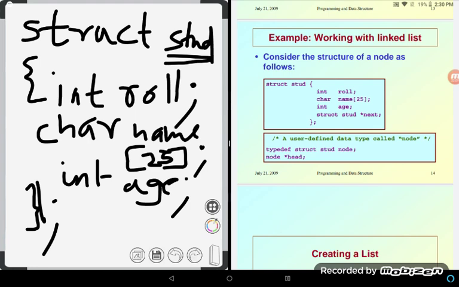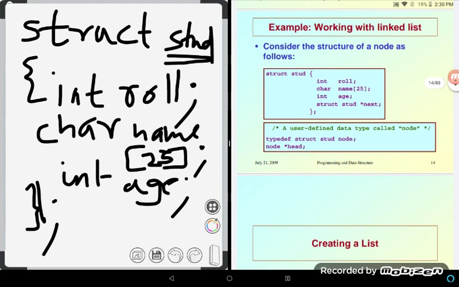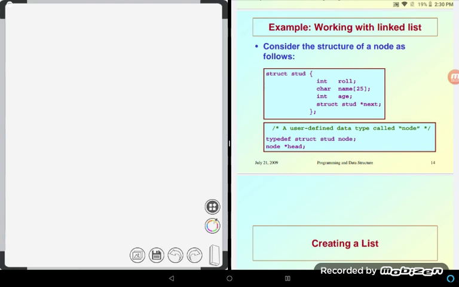And on the right hand side you can see the same thing: int roll number, char name and int age. What difference are you seeing? You are seeing the last one, that is struct stud star next. And this is called a self-referential structure.